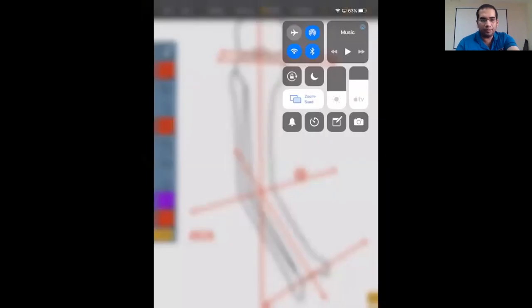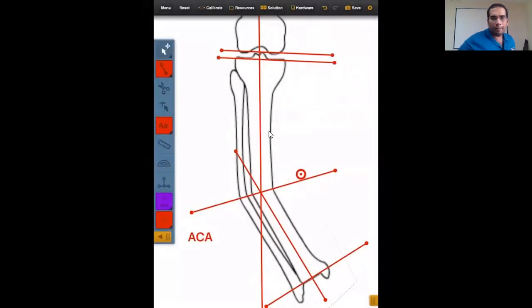Now I am going to move to my planning page. Can you all see it now? Star, what can you see now? The previous scanogram on which we are drawing. Okay. So now we're going to move forwards. Are there any questions so far? No. All clear. Okay, let's proceed.